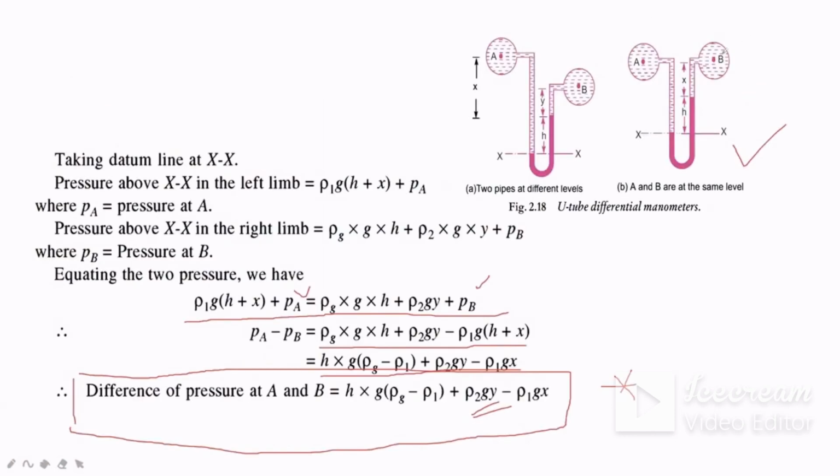First see the figure. So same liquid and same pipe, we are doing it on both sides. So here the density at A and B are both the same. Okay, so rho 1 is the same for both limbs. In the right limb the density is rho 1, and in the left limb also rho 1, we don't take rho 2, because they are at the same level and the same pipe will be there. So the 2 points A and B are at the same level, contain the same liquid of density rho 1. So I have put only rho 1 first.